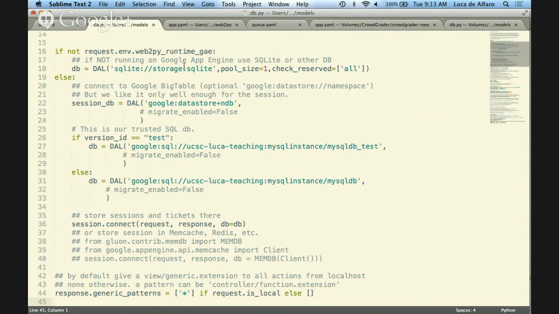So I could do a very simple function. I tell you this just to see in your mind how to use things in different ways. Suppose I change CrowdGrader in such a way that every request tells me which assignment. The assignment is a number, like 327, whatever it is. I take this assignment ID and suppose I make sure that it appears in every URL that is ever sent to CrowdGrader. So here in db.py, I have access to my request, right? It's already running, so I have access to my request string.